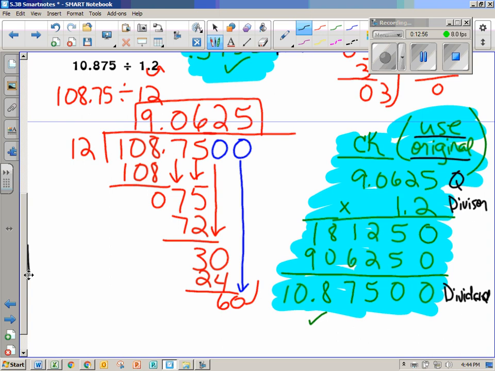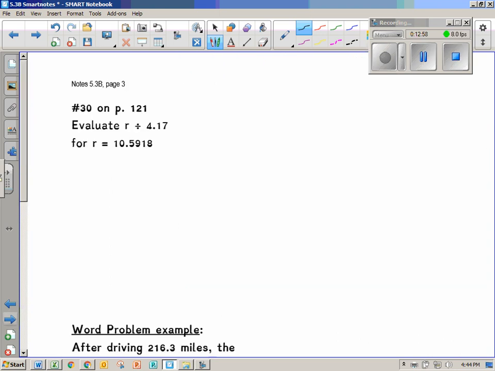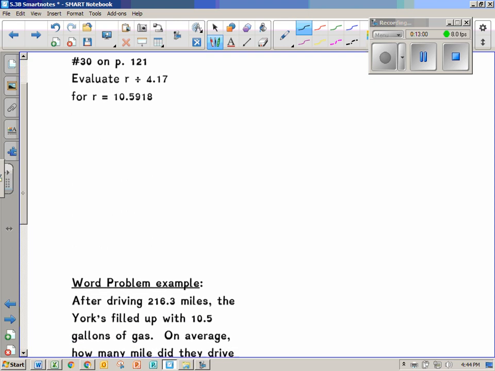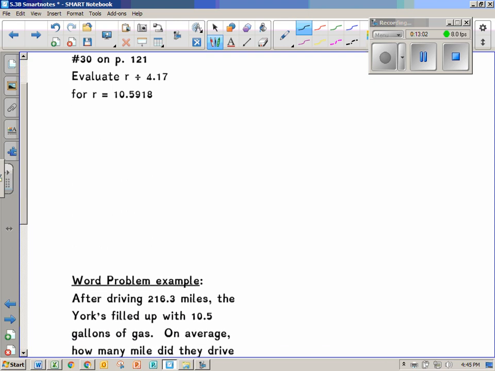Almost there. Got another page. This can be tricky, so I didn't want to scrimp on you. A couple of problems on your homework are written a little differently, but basically you're doing the same thing. They're giving you an expression. Remember, evaluate just means find the value of the answer. So it says r divided by 4.17. They're telling you r, so you're just substituting 10.5918 divided by